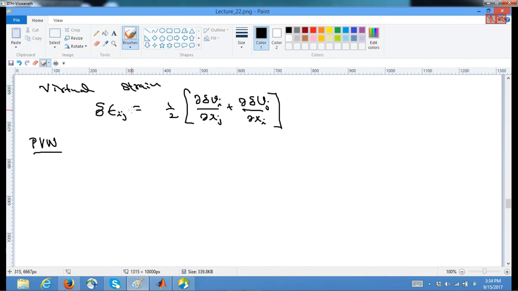That is the energy balance. So the energy is sigma ij epsilon ij,